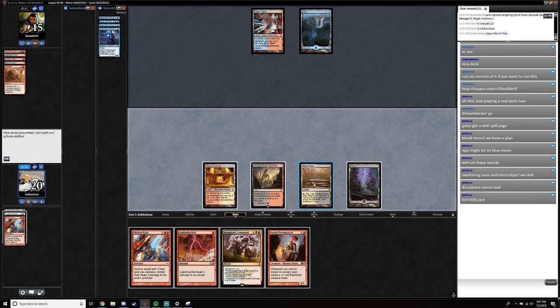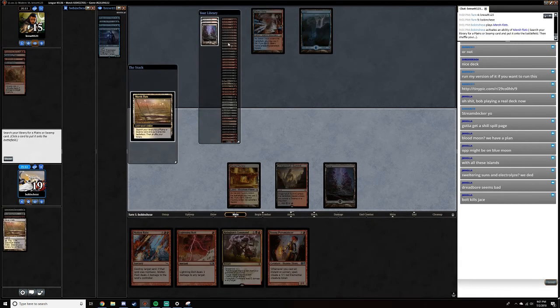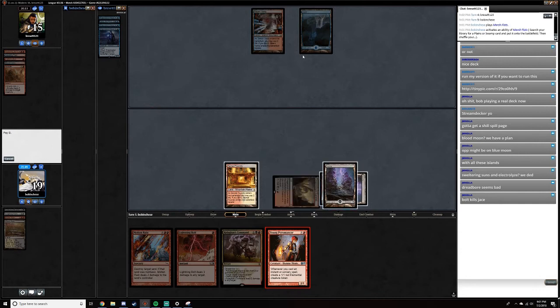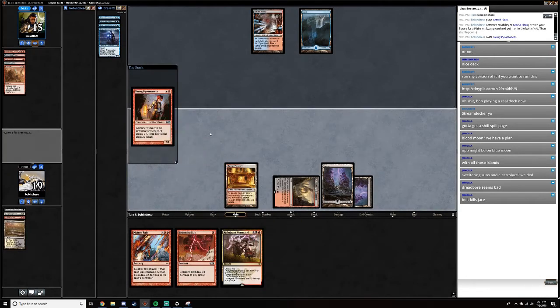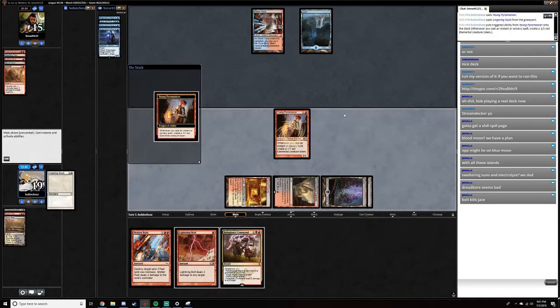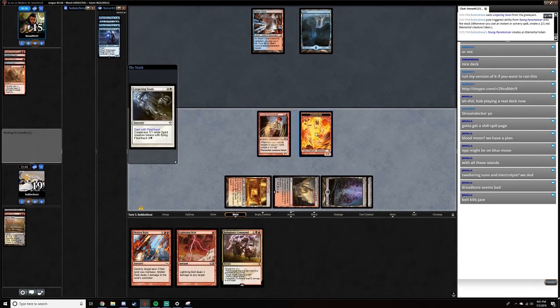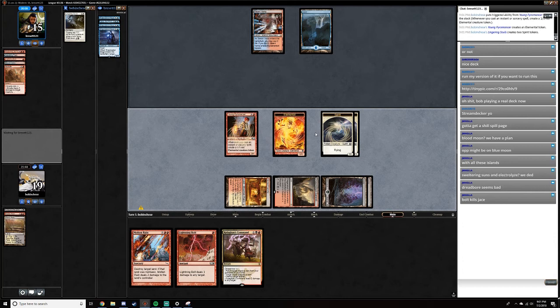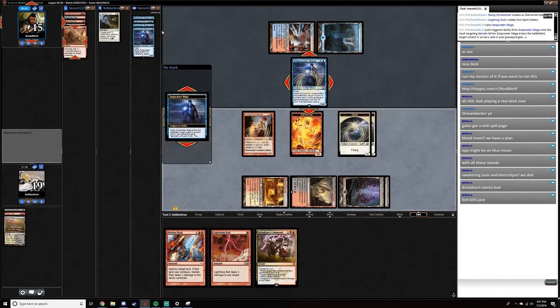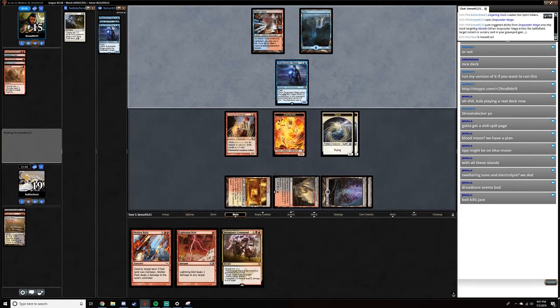So that was a good draw, as it lets us really turn up the pressure here. Pyromancer into Lingering Souls, and now next turn we get to Molten Rain them again, and I don't think they can come back from that. Yeah, they get to Ambush Viper here, but that's not very good. Honestly, if they don't,